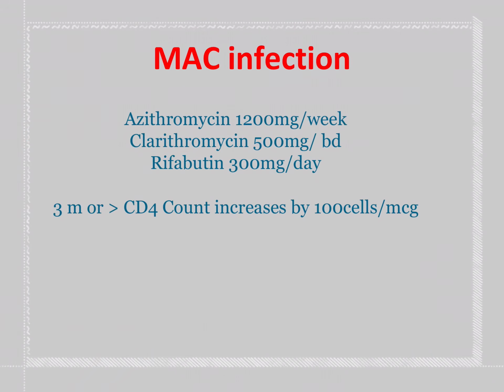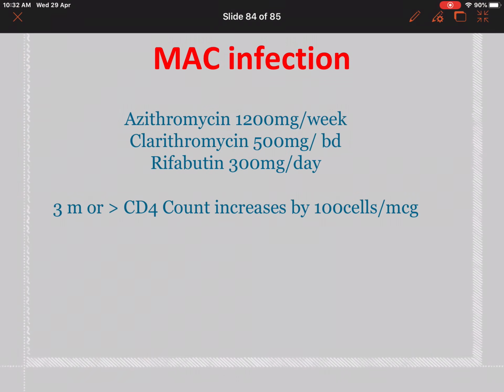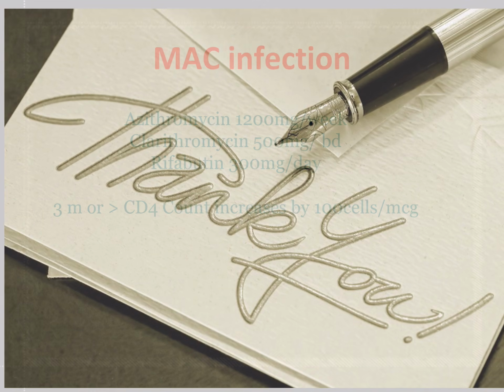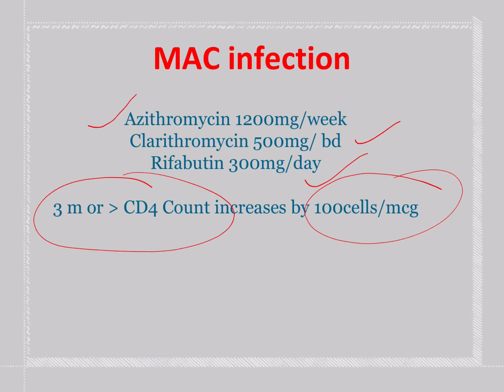So usually what is the treatment guideline we use? Azithromycin 1200 milligrams in total in the week, clarithromycin, rifabutin for 3 months, if the CD4 count is going down. This is for Mycobacterium avium complex infections. So we learned today